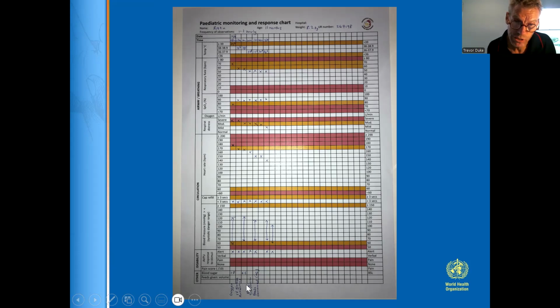So his oxygen, intravenous glucose, antibiotics, etc., that you've given. Using a chart like this can help you assess that the child's making some improvements, but it can also tell you if a child deteriorates, and you can stretch out the frequency of observations as a child's improving. To begin with, it was probably every hour, and then it can be extended out to 2-hourly, 4-hourly, 6-hourly observations as the child stabilizes